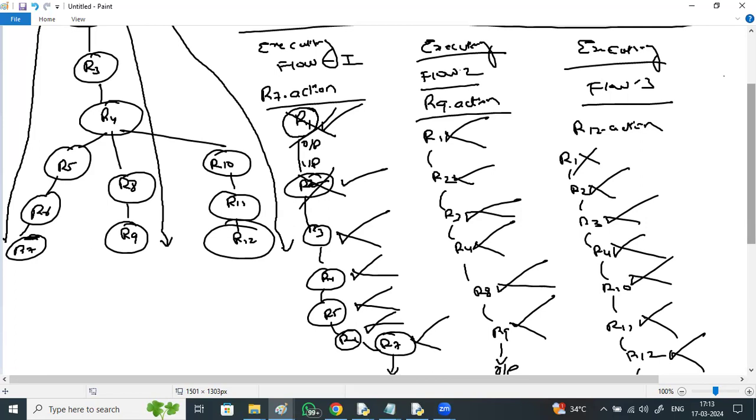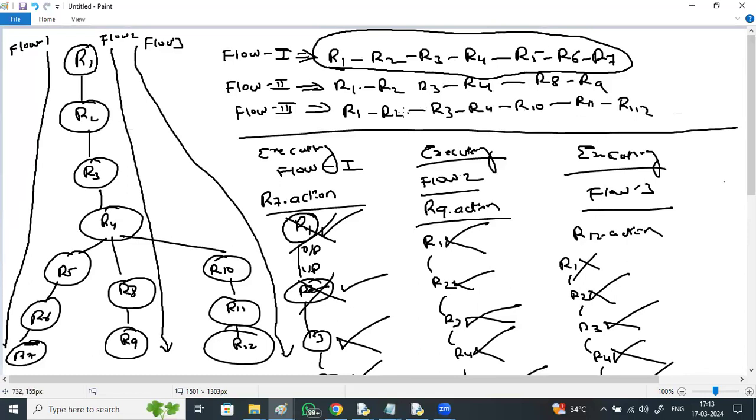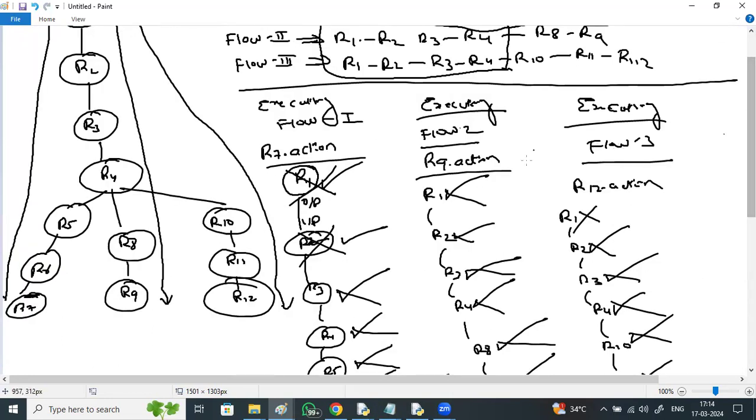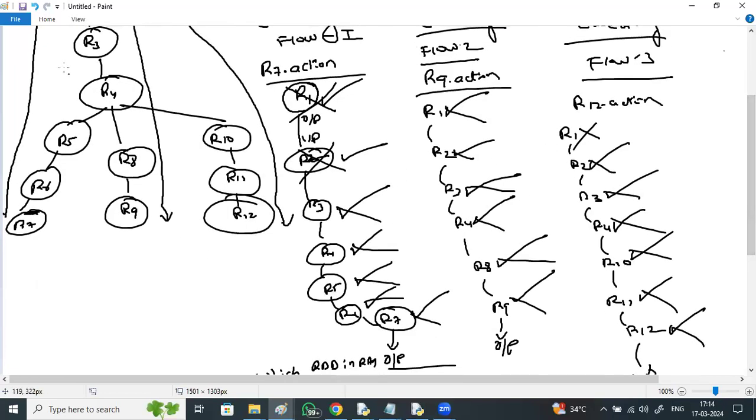But here, you are observing one drawback, right? R1 to R4 is done many times. All the 4 steps are common in all of them. Why are you re-executing that? In flow 1, I executed from first to last. In flow 2, why are you re-executing from the beginning? Why can't R8 take this R4 output and compute R8?